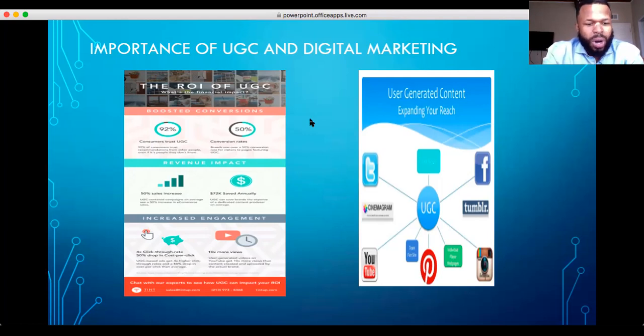As for revenue impact, user-generated content has seen a 50% sales increase on average across different campaigns. And instead of advertising and using different TV campaigns, companies are able to save $72,000 annually. On the right-hand side, it shows popular user-generated content platforms such as Instagram, Pinterest, Tumblr, Facebook, and YouTube.